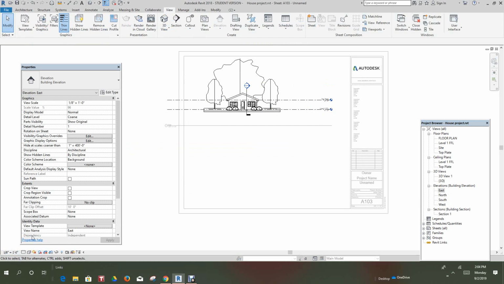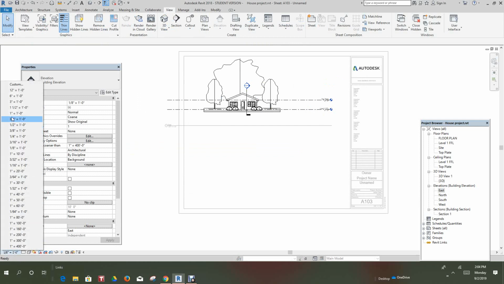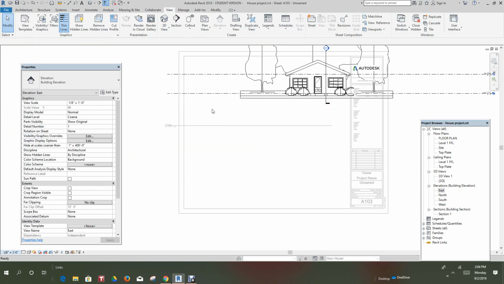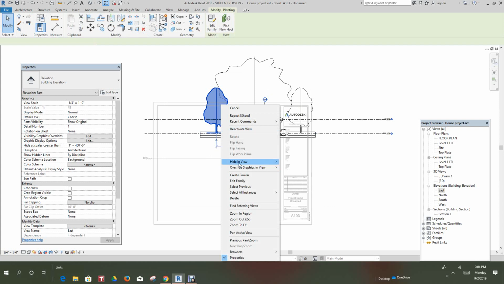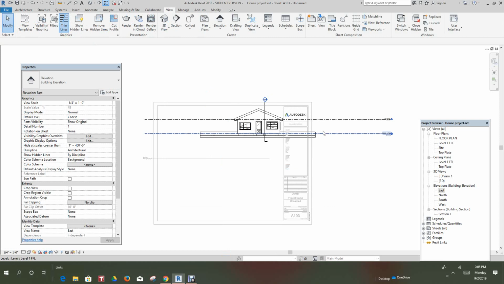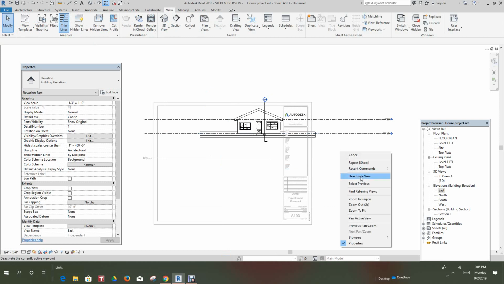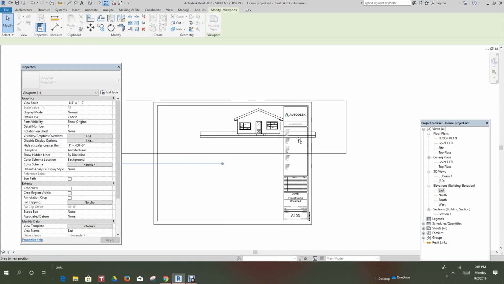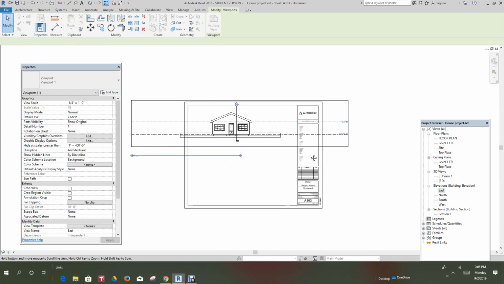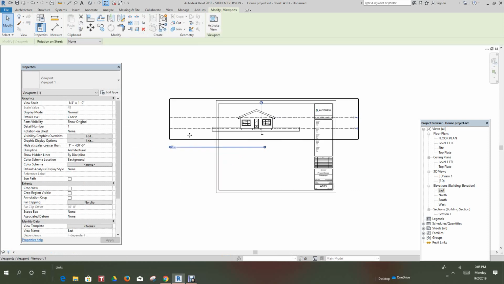But let's, and I like these at a 1/4 inch scale because of the elevation. Let's go to 1/4 inch. And just for the simple fact, we want to hide these in view. Hide category. We don't necessarily need to see the tree, so let's deactivate this view. Move this across. And we want to